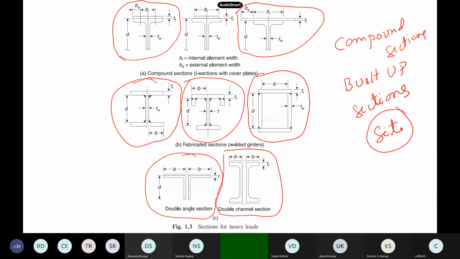Somebody asked, what is the moment of inertia for this I section, which is not available in the table? You know how to calculate moment of inertia and section modulus. You would have studied in mechanics of materials the center of gravity and radius of gyration. So all those things you have to calculate with your own details. Not only that, even connection details, like what should be the minimum size of the bolt which I can use with this section, and what the welding details should be. Some extra calculations have to be done. Most people use this in practice.